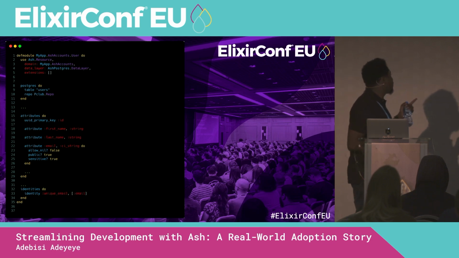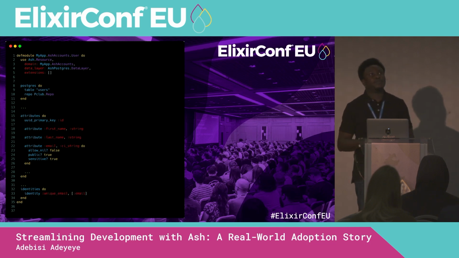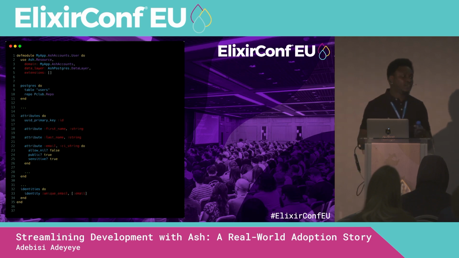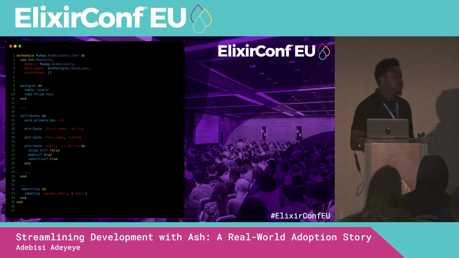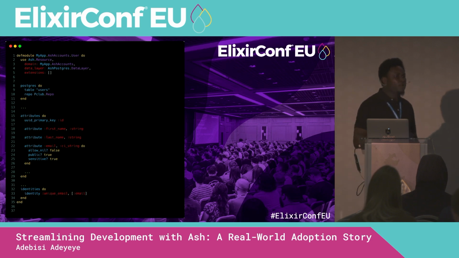So one challenge we encountered here was that with Ash, when you define a resource, you can generate the migration for that, so you don't have to worry about running the Ecto migration generator. Ash figures it out. It determines the existing state of your resource by maintaining a JSON snapshot of the fields. Then by running the generator, it figures out what new fields it needs to add, the type, and things like that.